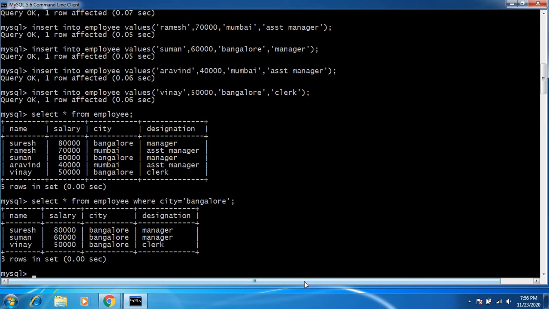Now how to find the person who is drawing the highest salary? So how to do this? By using the select command.